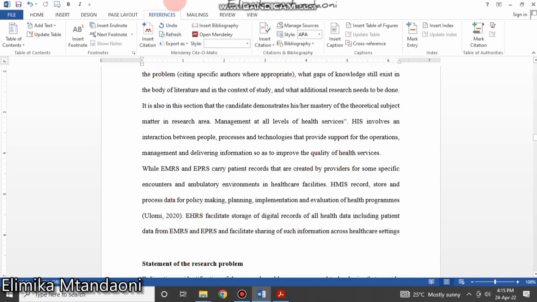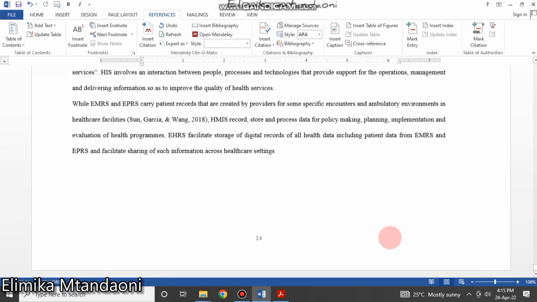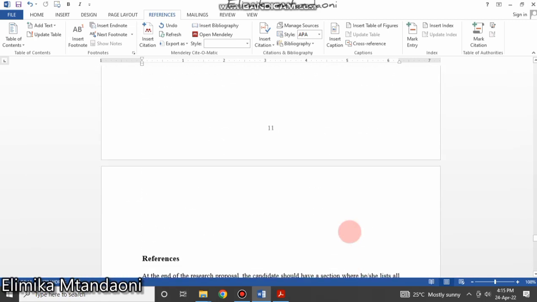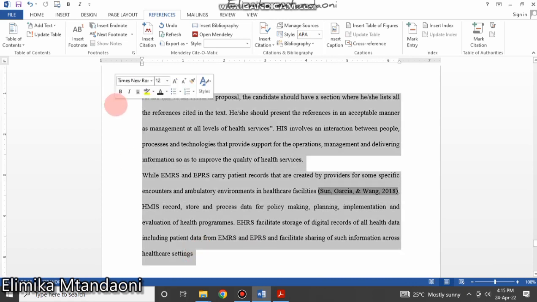So this tab here is very important again. If you have put citations, then automatically you need to put references. So if you come down here, the place where we have references, here we need to insert references. References are very important if you're answering questions in an assignment or